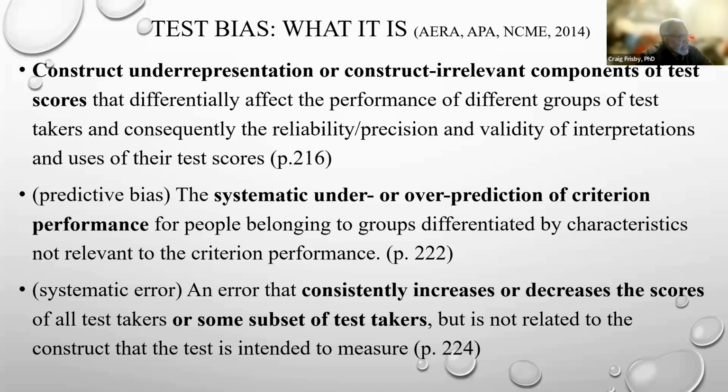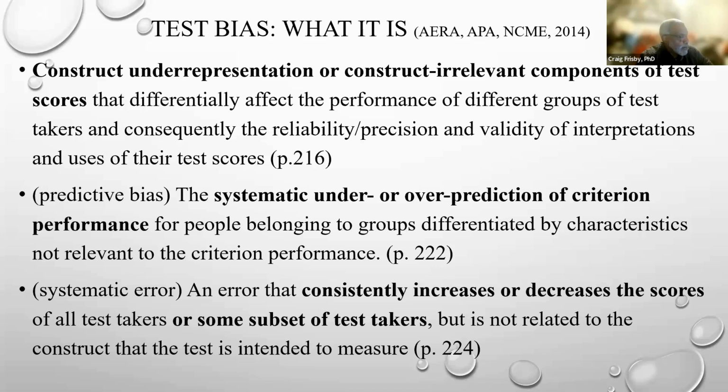So an example that I can give for systematic error is for you to imagine, let's say I had a weight scale, and we all are familiar with standing on a weight scale to see how much we weigh. If I were to take that scale and manipulate the dials such that anyone who stood on that scale would get a reading that is 5 pounds under what they really weigh, that would be a systematic error effect.